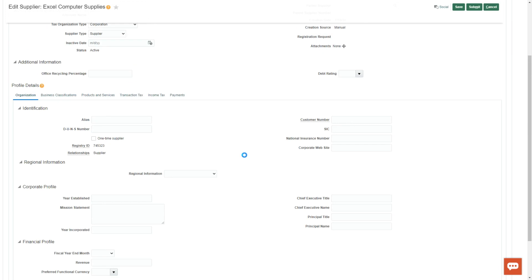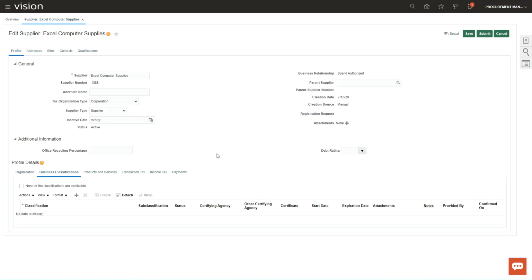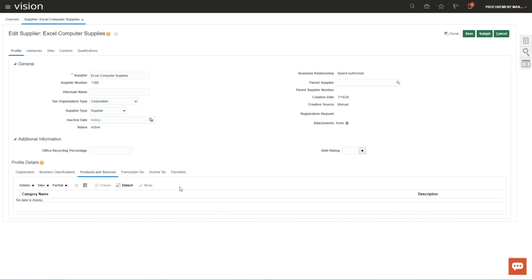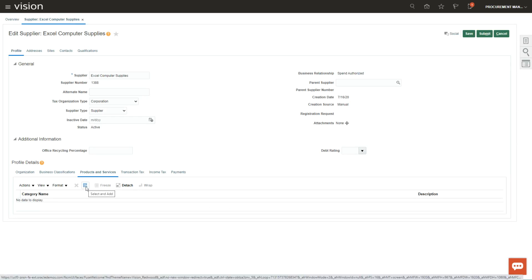And then the business classification tells you what classification you can have on the supplier. If this supplier is going to give certain products, you can have certain categories from your items assigned to this supplier. So this supplier can only supply those products or services from your products and services catalog.